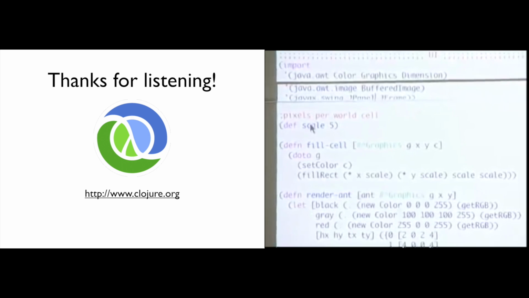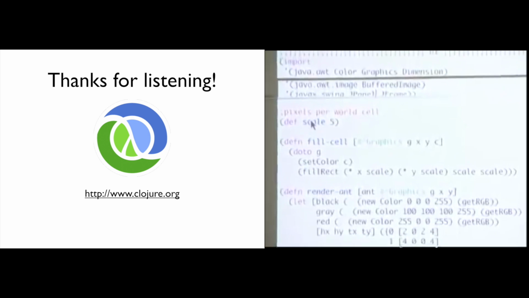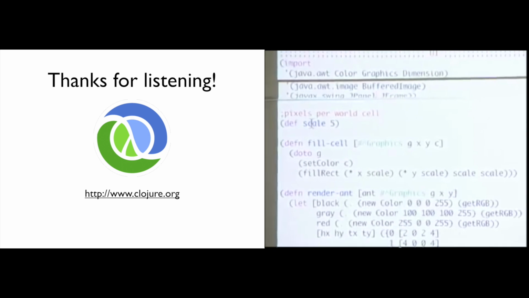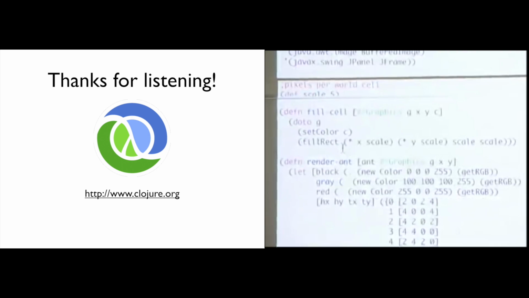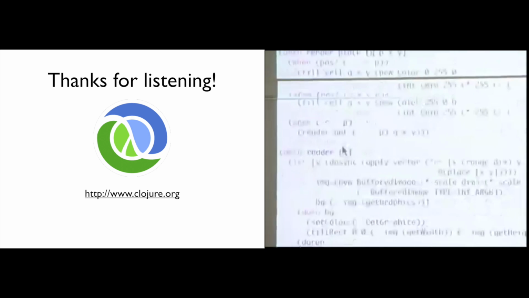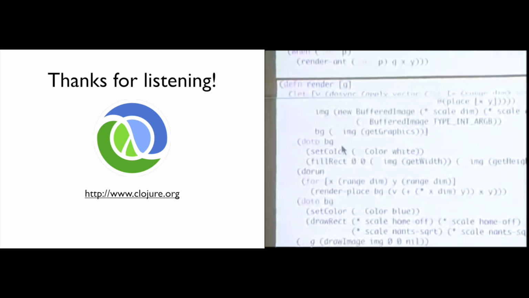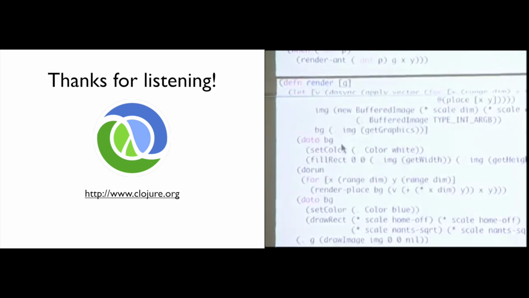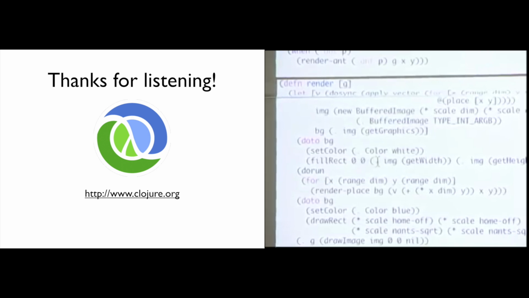I don't want 80 by 80. That would be too tiny for us to see, so I need to scale the world. So in pixels, each cell is going to be 5 pixels. That's what scale is. And then I'm going to do this backwards from render, because Clojure requires you to define things before they're used. So you're seeing definitions that are used later, but let's look at the overall picture in render, which is that